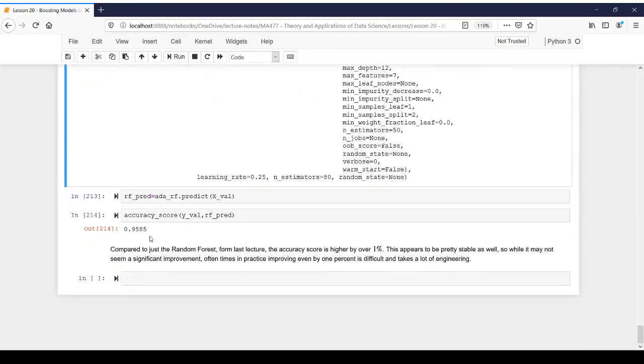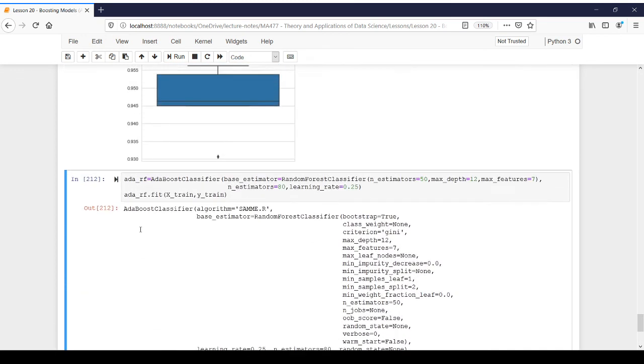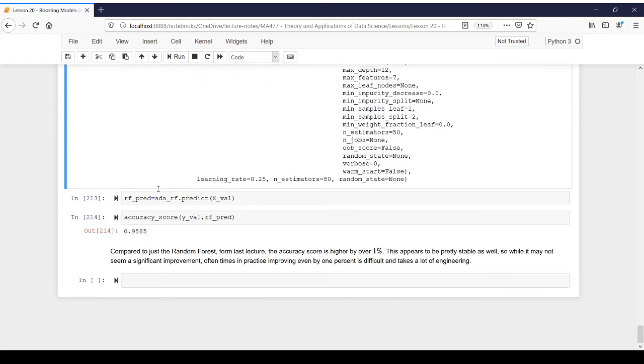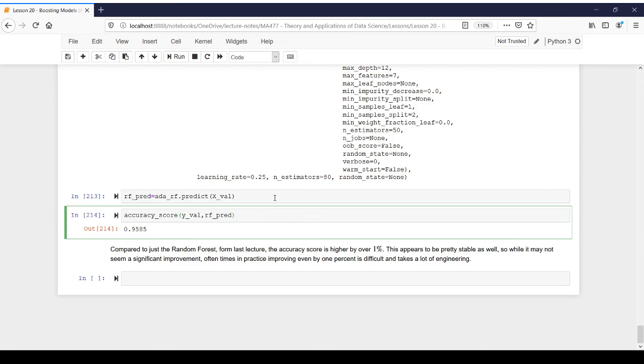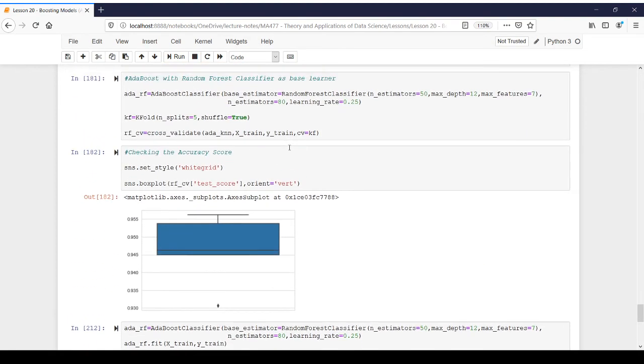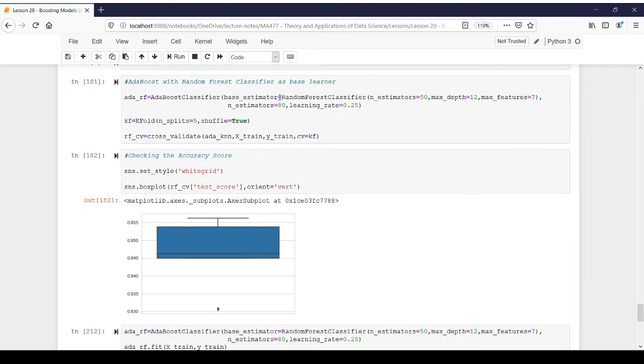So it stays around 95. It's always above 95.6. And sometimes it even goes all the way to 96, which tells me that's kind of where it's at, really. So it's pretty stable. And while this is not a significant improvement over fitting a random forest alone, oftentimes what you'll find when you're building these machine learning models is that it's sort of easy to get up to a point, like initially, for example,